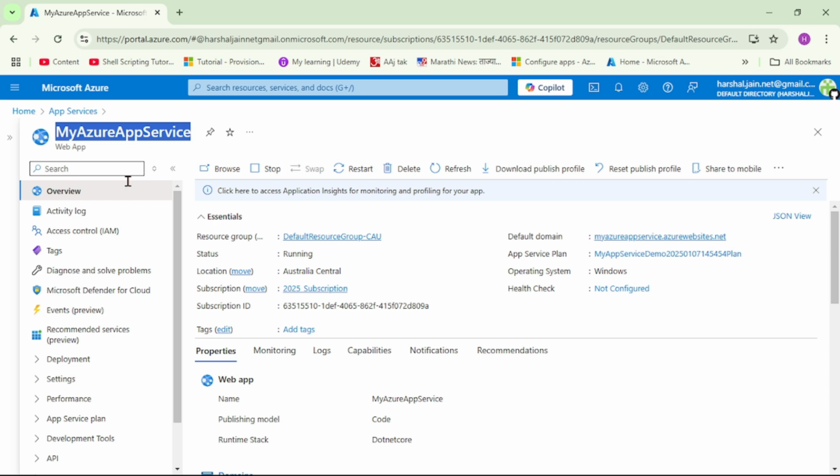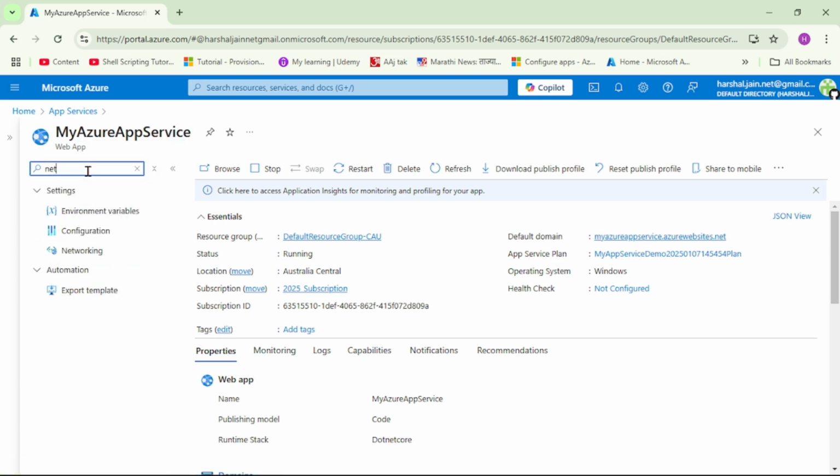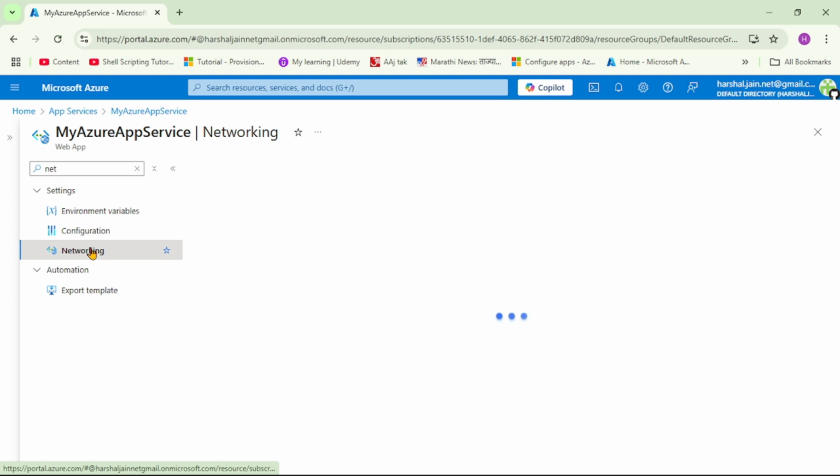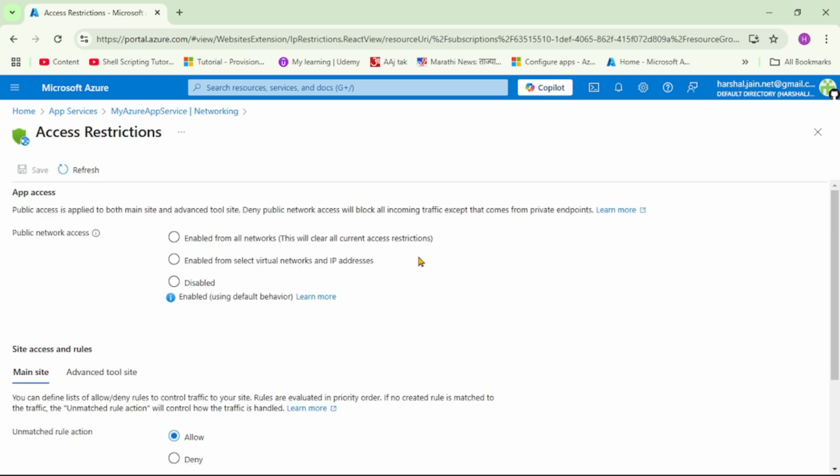again we are back in our app service, and under search if I say networking, and see guys, public network access, and it says enabled with no access restrictions. So if I click on this, so basically under this access restrictions we have to use service endpoint or private endpoint to restrict the access to this app service. Okay,